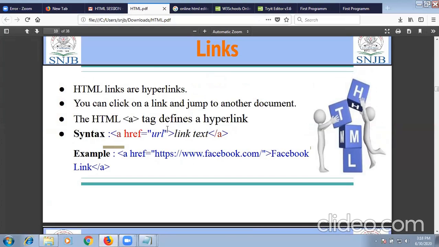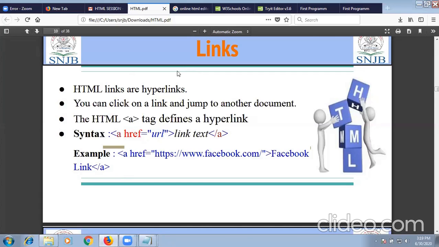For jumping to another document or for using a text link, you have to use the anchor tag. We have already discussed it. In that tag, we have to give the reference of that particular URL, so we will use the href attribute. Remember, A is your tag and href is your attribute. Whatever you write into the tag is considered as your attribute. Okay, let's try.